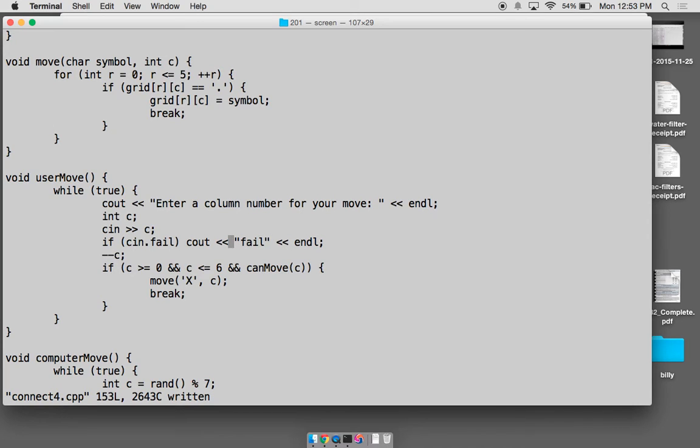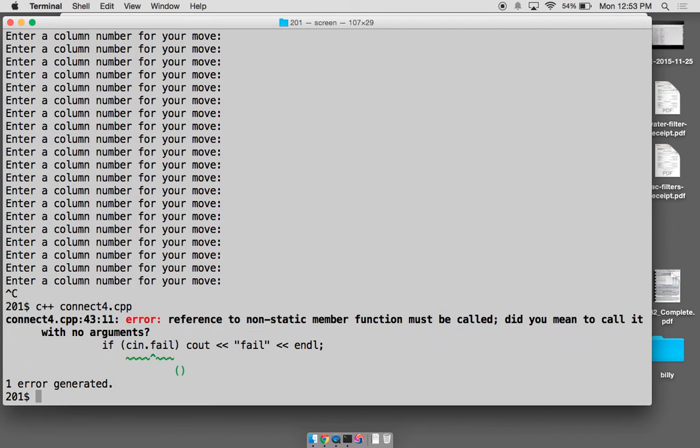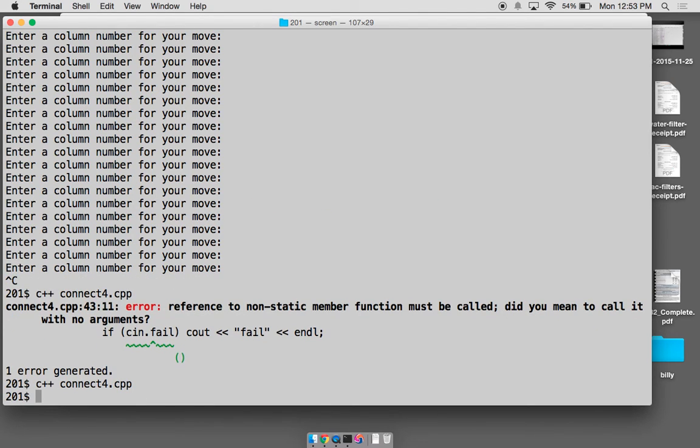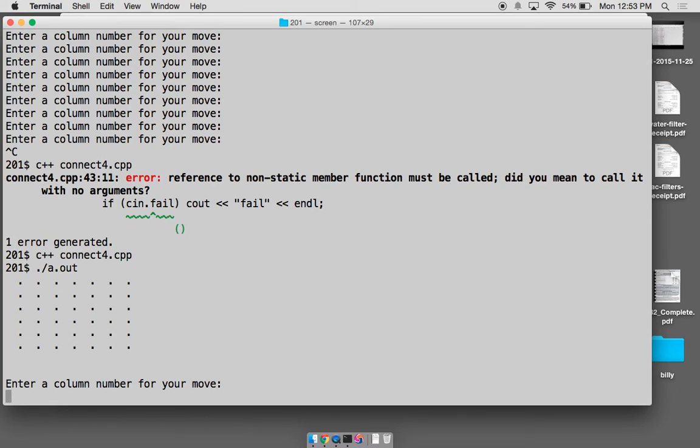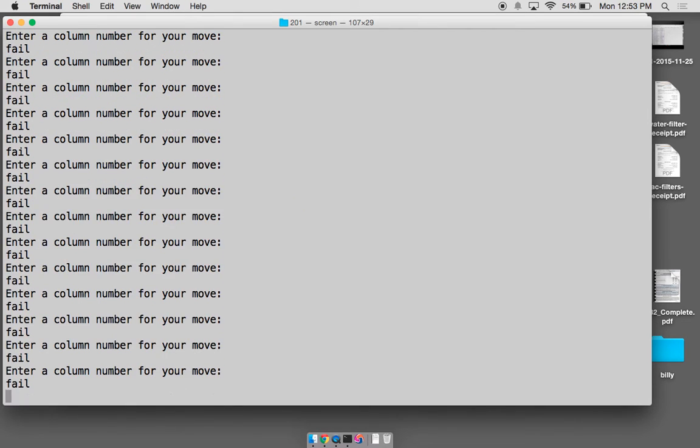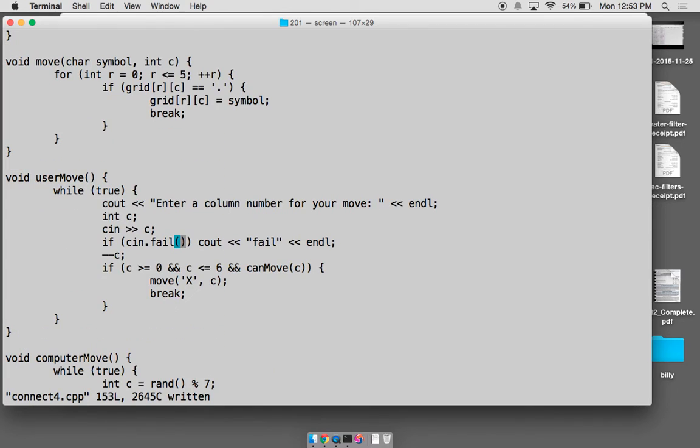Maybe that's a function call. I can't remember. I never do this, so. Ready? So I'm going to type in F. See, it says fail. So this is true. So when this is true,